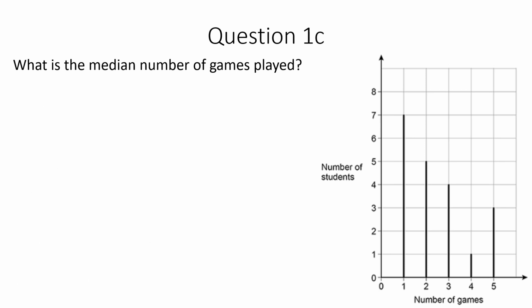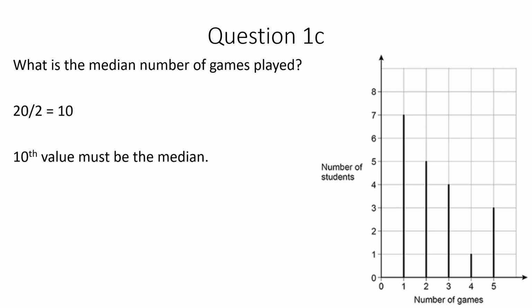So it says, what is the median number of games played? Now, median, remember, is always the middle value. Now, we don't have the numbers out in a list here, so rather than writing them all in a list, there's a much faster way of doing that. You can take the total number of values, which is 20, because there are 20 students, halve it, and that will give you 10. So what that tells you is that the 10th value